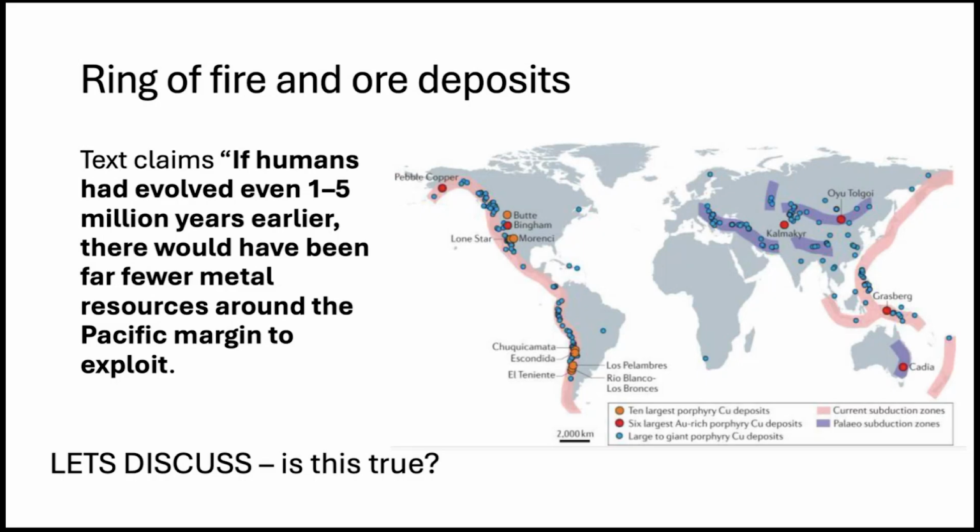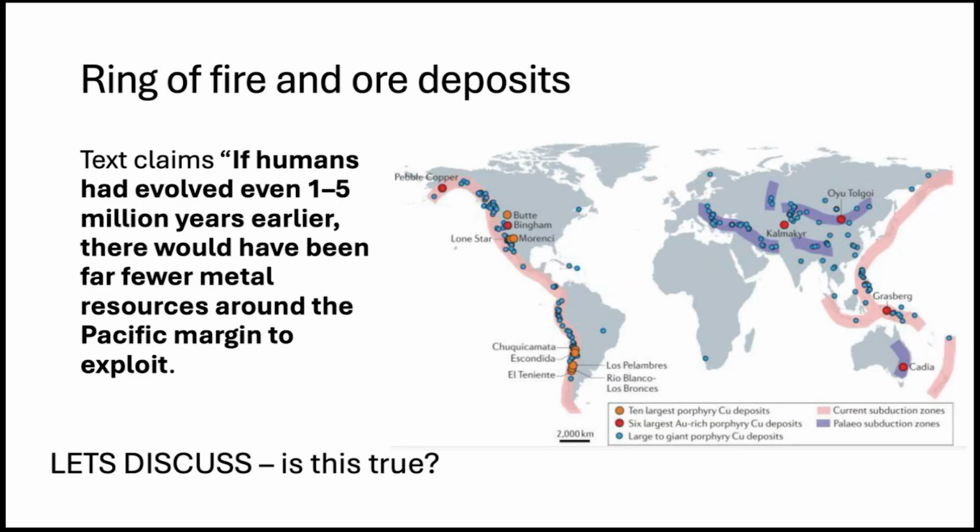Less of an opinion. I was more just I found that to be a really interesting statement. And I was wondering if the idea was that those minerals all existed, but prior to that, they just were unavailable because they were so deep, or potentially they hadn't been concentrated. So they were available at the surface, but in such low quantities or such a low percentage by weight that you wouldn't actually be able to mine it. But I wasn't sure which one, or some combination of both. That's interesting. Anybody else have any thoughts?